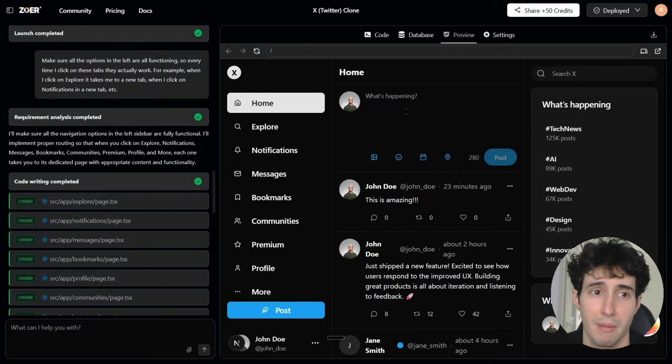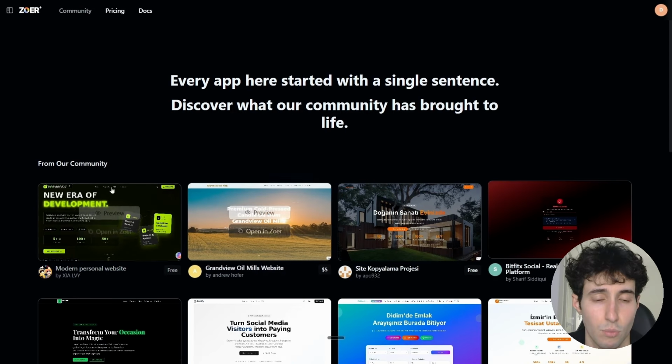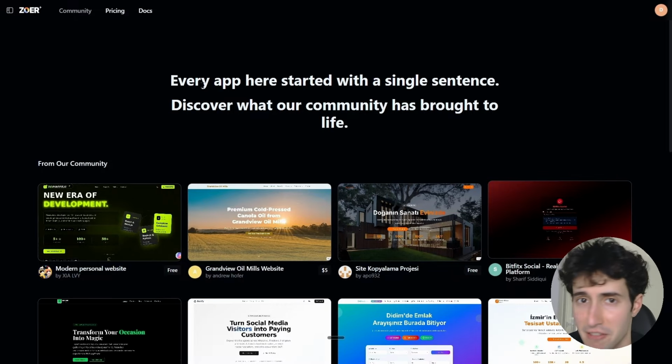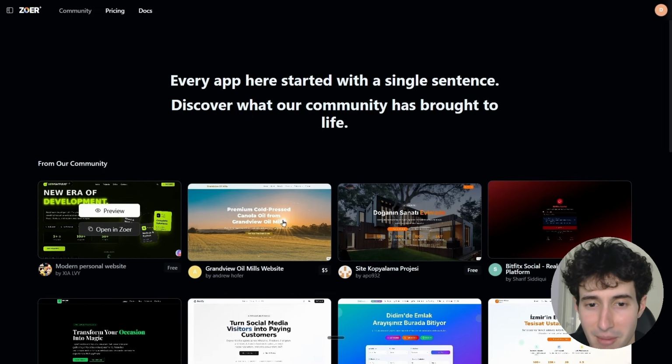But I do want to talk about something else that is super useful and I don't see many people talk about, which is their community. So if I come over here and navigate over to the community tab and I simply click on it, this opens up the community section where all the apps that people create and they have set over in public are visible over here. And as you can see, some of them are free, but some of them are paid,